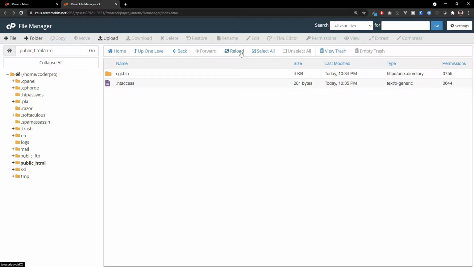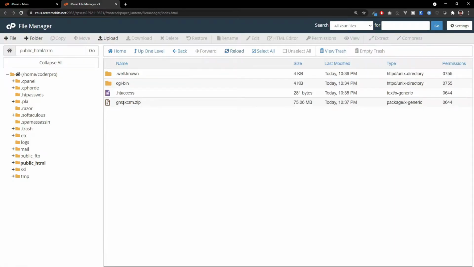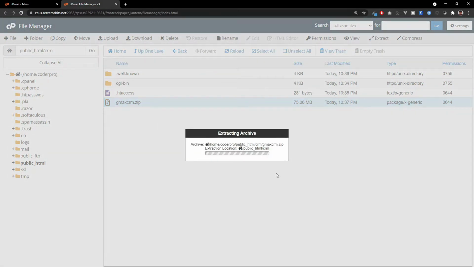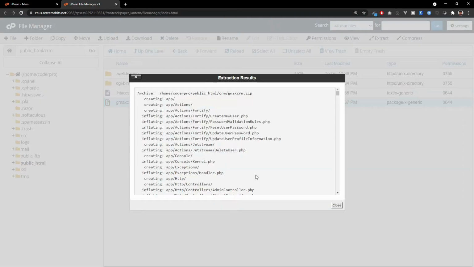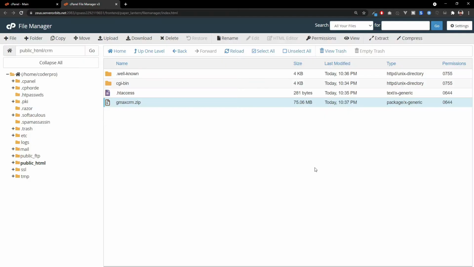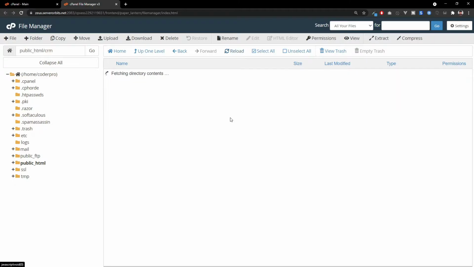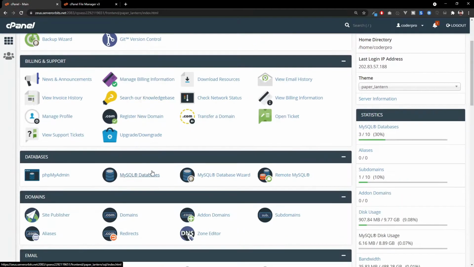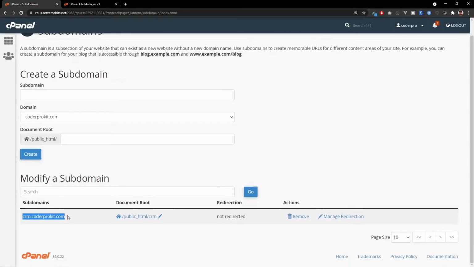Now you have to reload the file manager to see the file. Now right click and extract the file. Now reload and you will be able to see the files listed here. Now visit the website. In our case, it's crm.coderprokit.com,